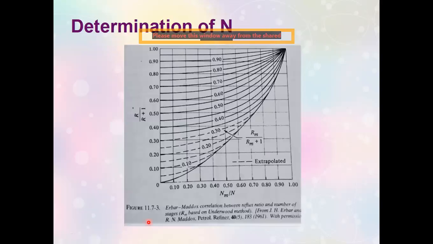number of stages. And as a reminder, the n that you're getting here, since this is already determined using this graph, you need not subtract 1 from it. Unlike if it's a graphically determined n, you need to subtract 1 from it because the last stage is the reboiler. In the case here, whatever is the n, that would be the actual theoretical number of stages for your distilling column. So n sub e plus n sub s is equal to the total n.